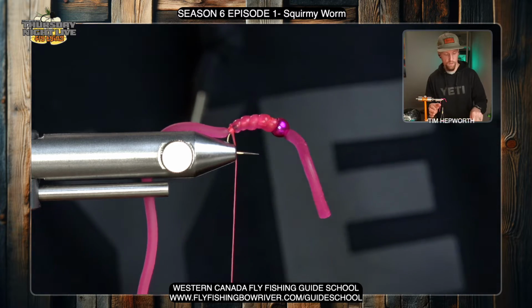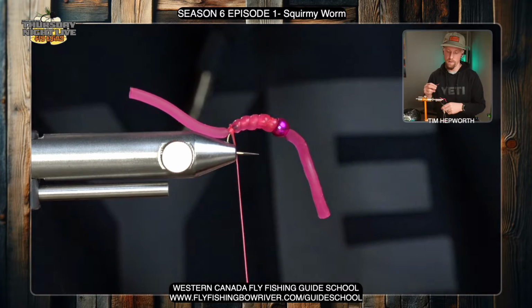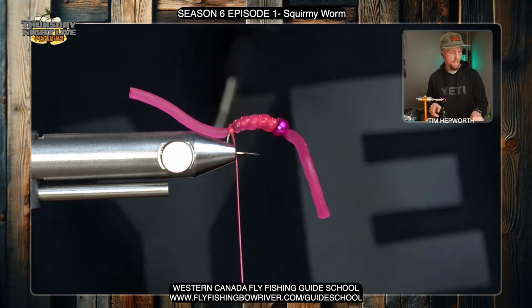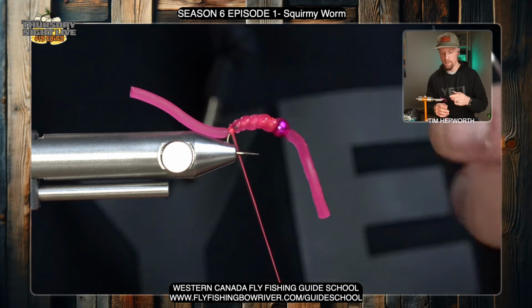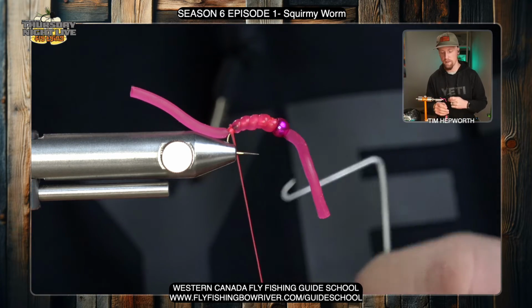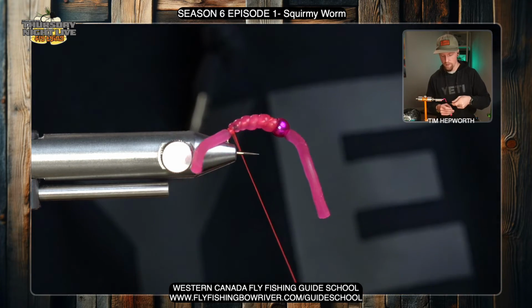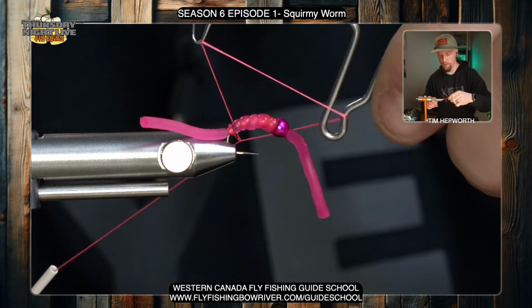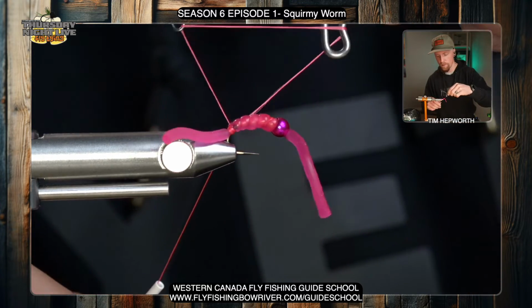Now I'm gonna quickly trim this so it makes whip finishing a little easier. I'm gonna try to match the back portion to be similar to the front. Trim that off like that. And all I gotta do is come in with my whip finish tool. We're actually gonna whip finish this fly kind of different than normal. We normally whip finish at the head of the fly. We're gonna whip finish this one at the back. So it helps to have a little bit bigger whip finish tool if you have two sizes. We're just gonna do a 2 or 3 turn whip finish